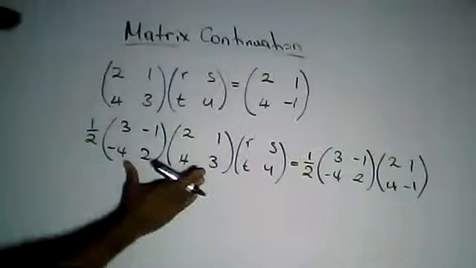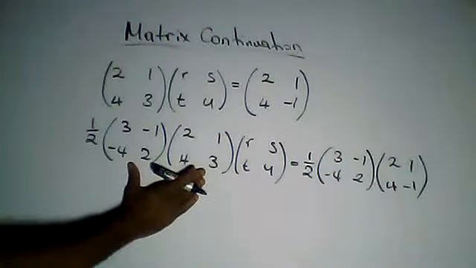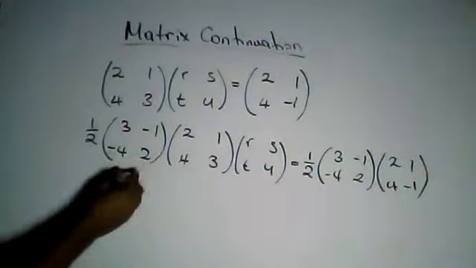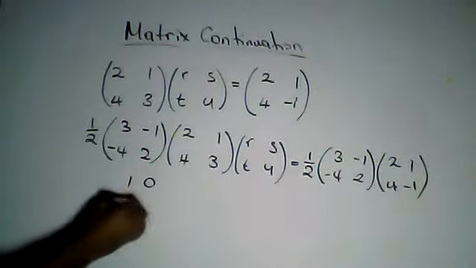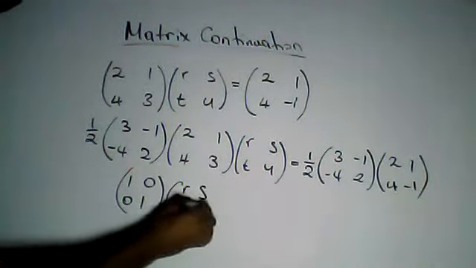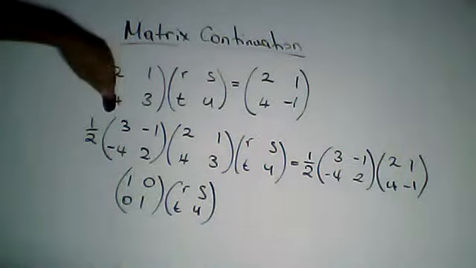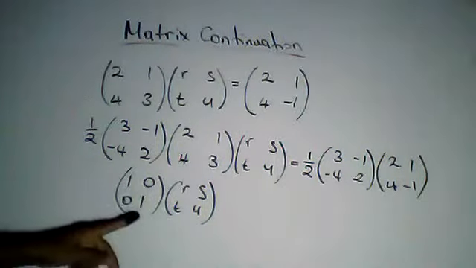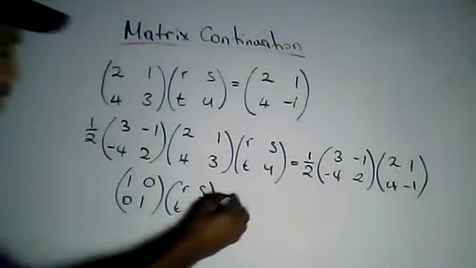And remember, when you multiply a matrix by its inverse, what do you get for the result? The identity matrix. So here you're going to have 1, 0, 0, 1, times R, S, T, U. So remember, we don't have to work out this side, because we already know that we're going to get the identity matrix for the result, equal to